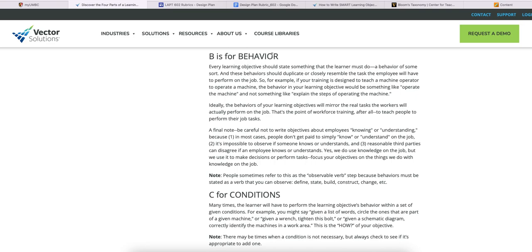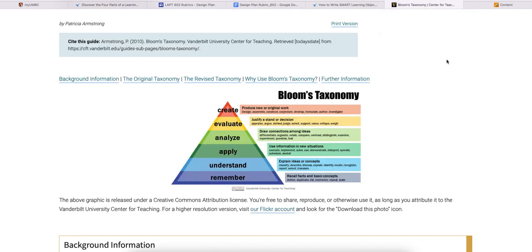And it can be really super tedious to spend the time to do it well. But the behavior statement is so important because it's what sets you up for your level 2 evaluation. Okay, so if you're having a tough time figuring out how to write a behavior, how to think about the verbs for that, I also provided you in your course materials folder with a link to Bloom's taxonomy.